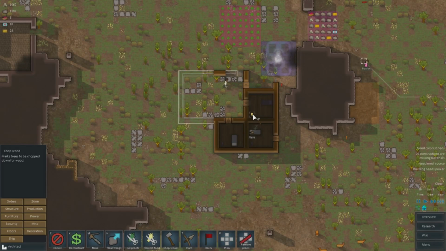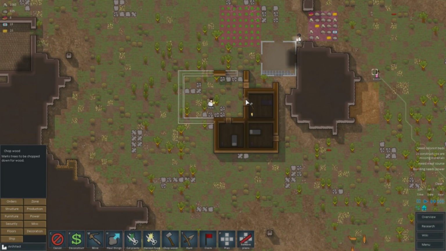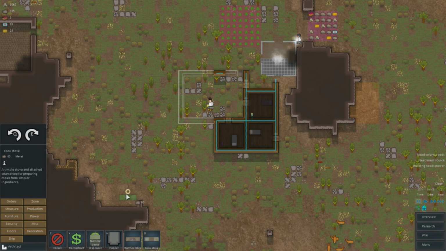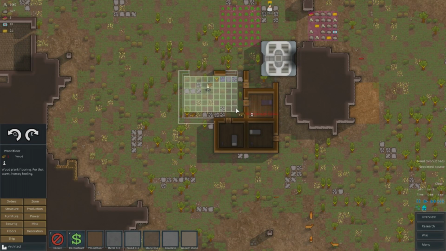There we go. Things are starting to happen here. I'm needing a meal source. That's also true. I should probably make somebody start making food here, so I can put that. Oh, actually, let's set that up. That'll be where that is. Oh yeah, that's right. I can put that there, and we can create some floors so that we'll have somebody start making like a...